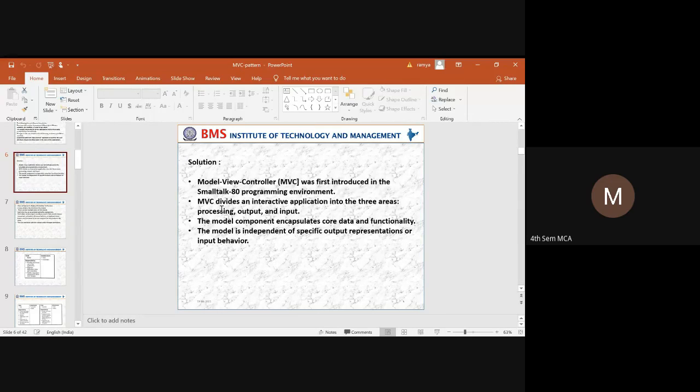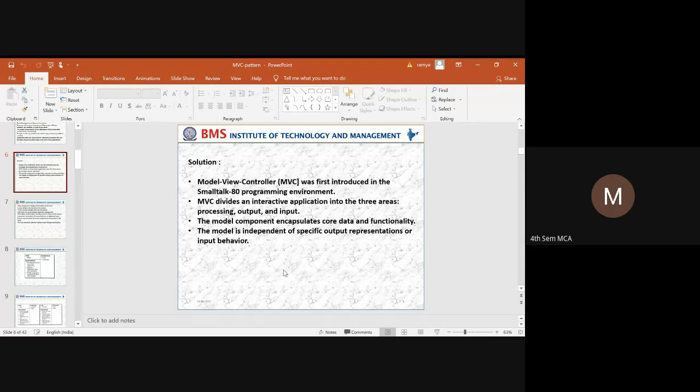So it is going to fetch the data which has been stored in the model, or whatever core functionality the user is requesting, take it as an input, do the processing, and represent it as output in the views. That is the working of the processing. The model component encapsulates the core data and the functionality.